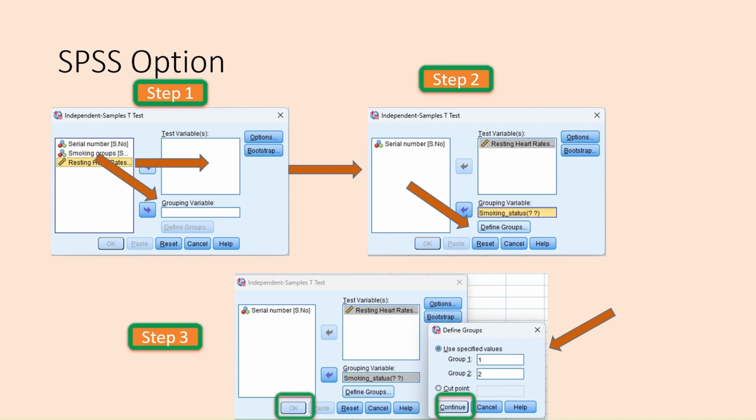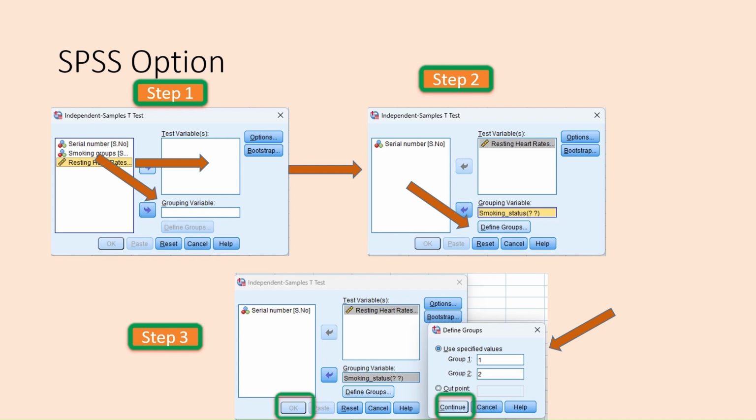Press the define groups button and the define groups window opens. Group 1 means smoker, so we put the value 1 here, and group 2 is non-smoker women, so we put the value 2 here. Press continue and press OK.